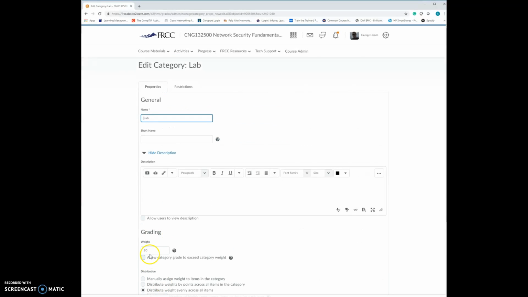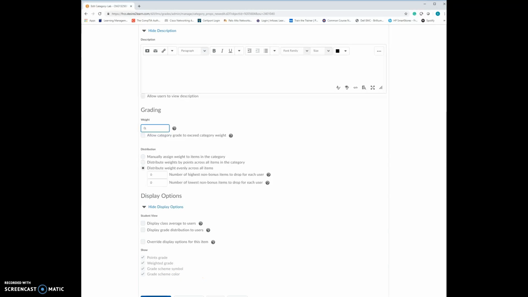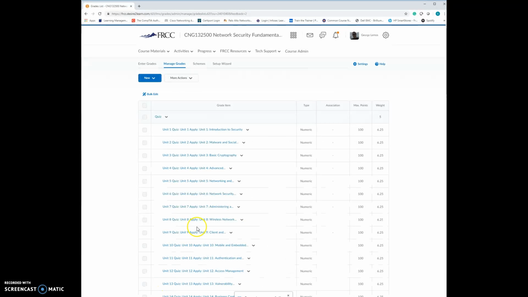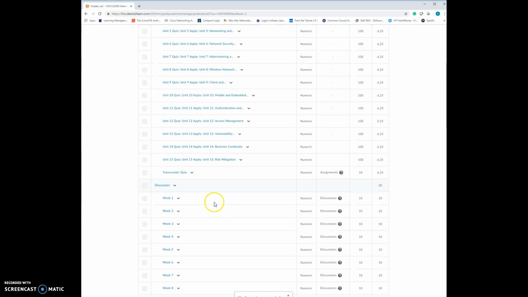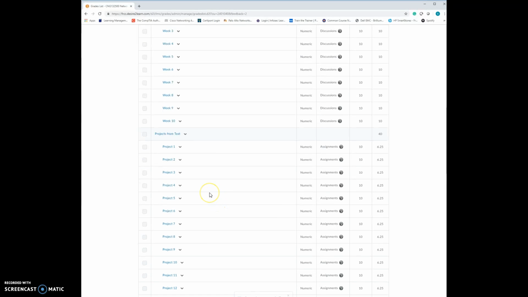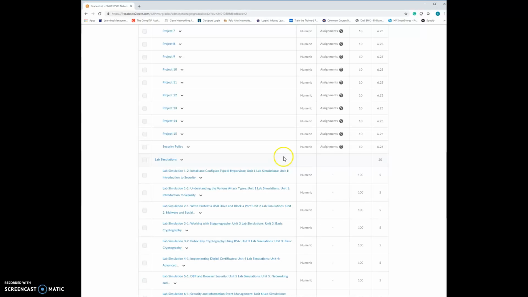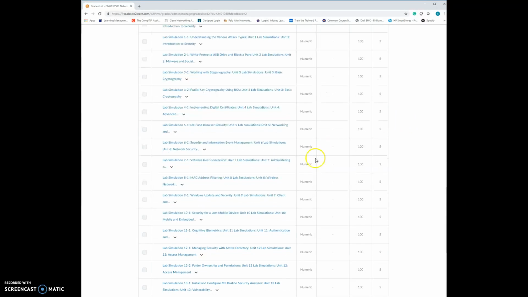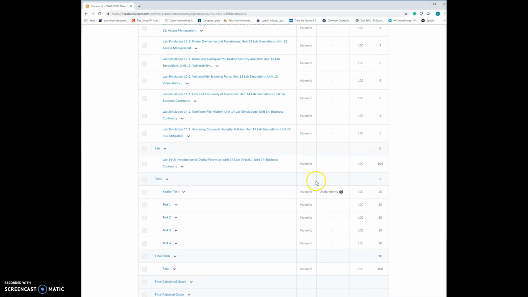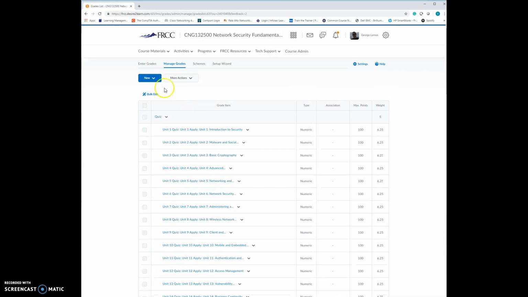enter 0. So once again, for extra practice, if you want to do those labs, feel free to do them, but they don't really count towards your grade, not any longer, just because there could be that problem with your browser interacting with that. Make sure to get these projects in though, because they are now 40% of your grade. The lab simulations are still 20% of your grade. So just by doing those 3 things again, you should walk away from this class with an 80%. Final exam, 10%. So that one's a good chunk. Make sure you're applying yourself throughout this whole course.